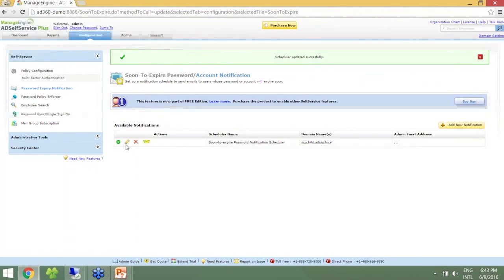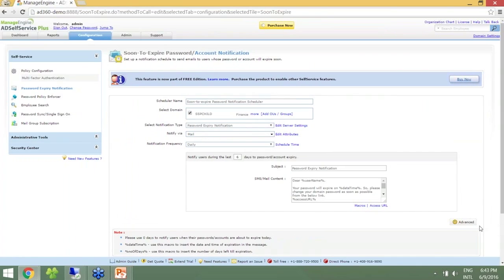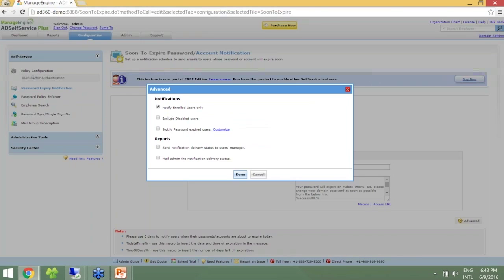And now I will show you the next part of the advanced settings. Let me just edit the scheduler. And in the advanced settings, we have the exclude disabled users as well. I'm not going to keep that aside and check out the next one, that is notify password expired users. For this one, if I do tick this, I believe that the password expired users are not enrolled into the ADSelfService Plus. So I'm going to untick this one so that unenrolled users whose password is expired will